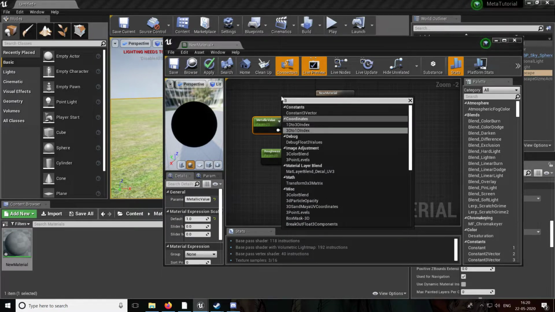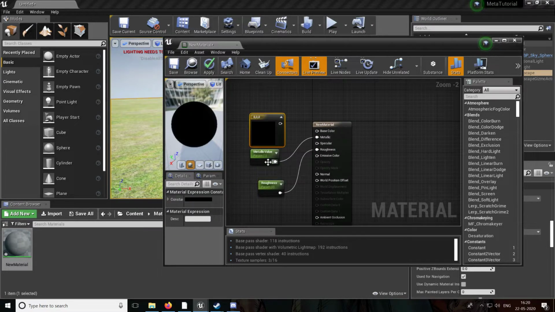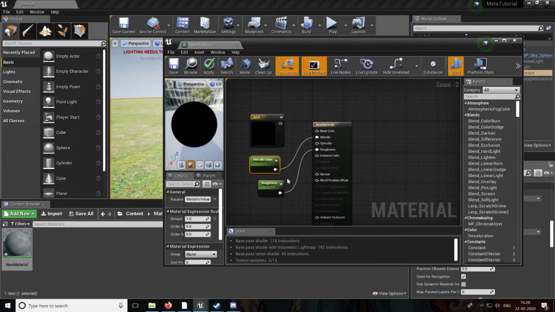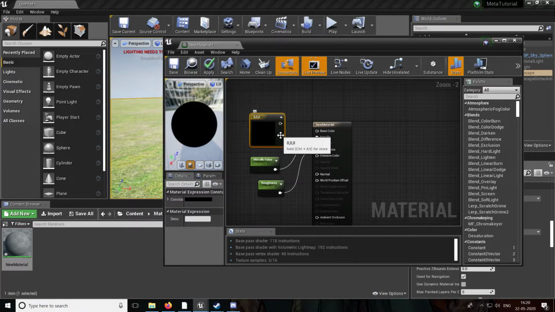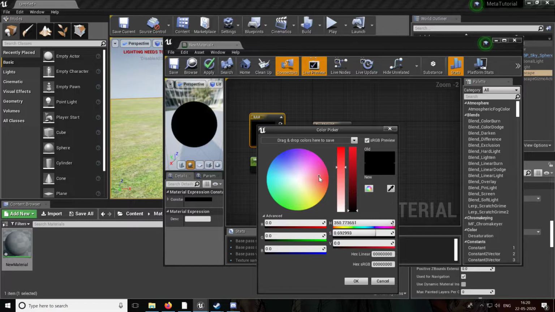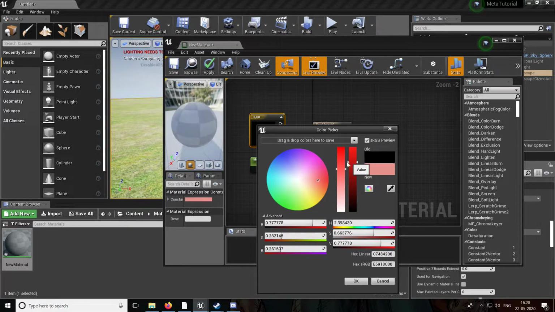I'm just going to press the button 3, and I'm going to see the constant 3 vector. So just like you have, these are all single scalar values, which is just one value. This is an amalgamation of 3 values, just like we'd use in a hex code for colors, right? And I'm going to double click this, and I'm going to choose the red colors, a nice little red.